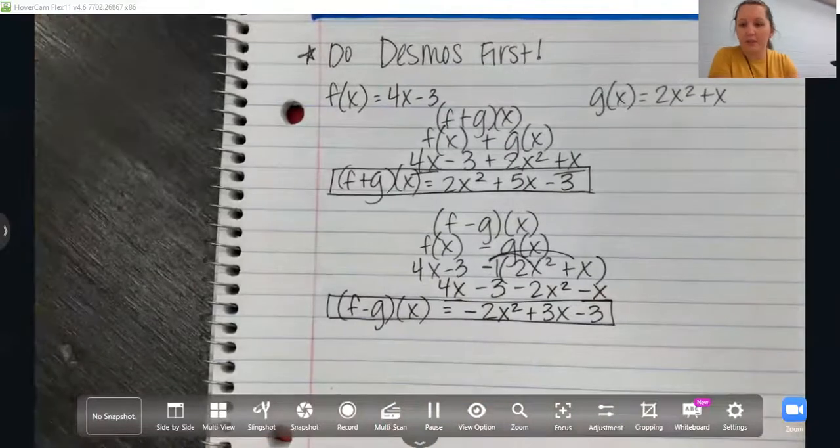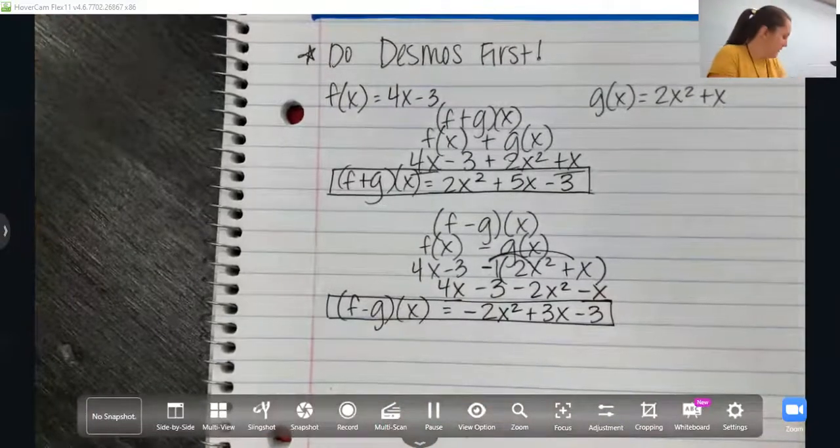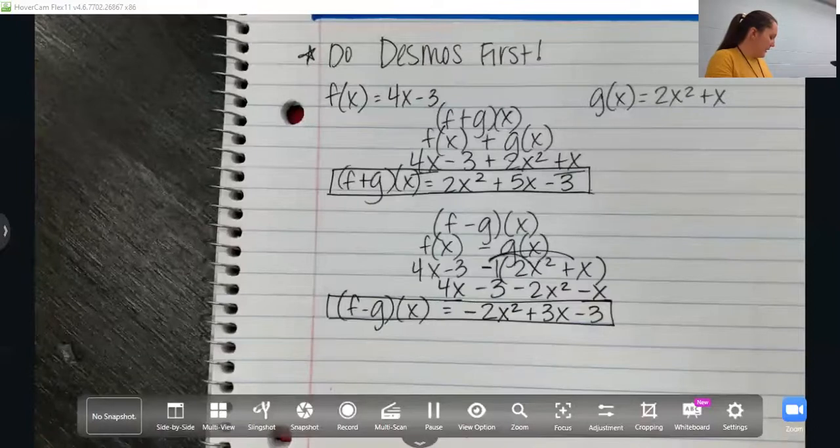So you can see the difference when we add and subtract. Just like order, combining like terms, that's it, right? We're adding and subtracting polynomials. Let's move on to another